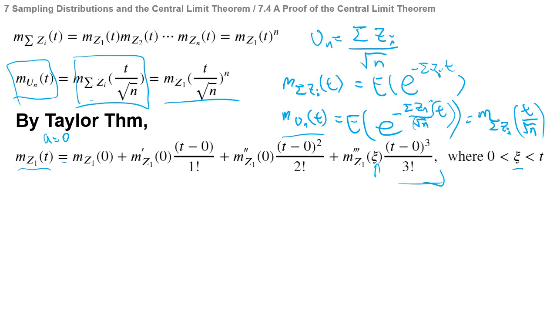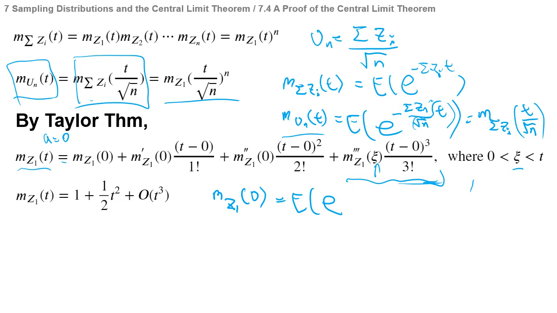And in here we can write this part using big O notation. So in here, M_{Z1}(0),